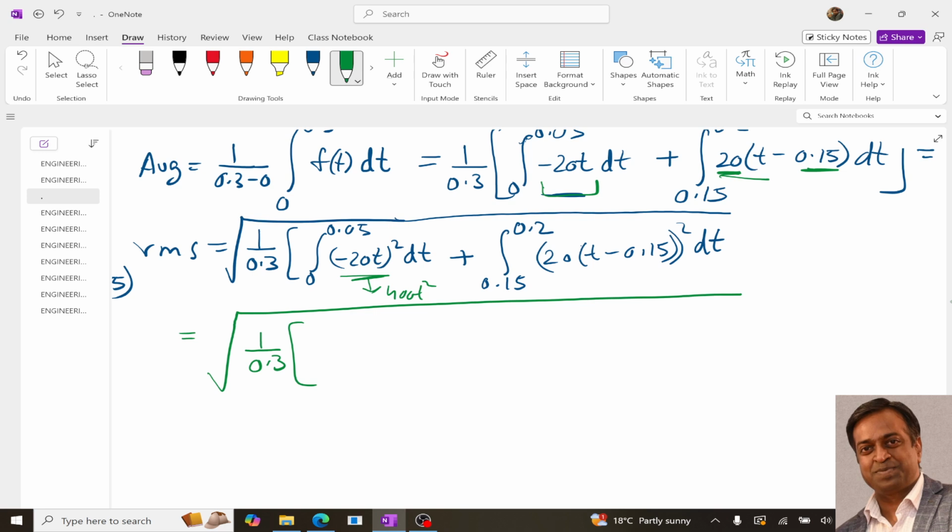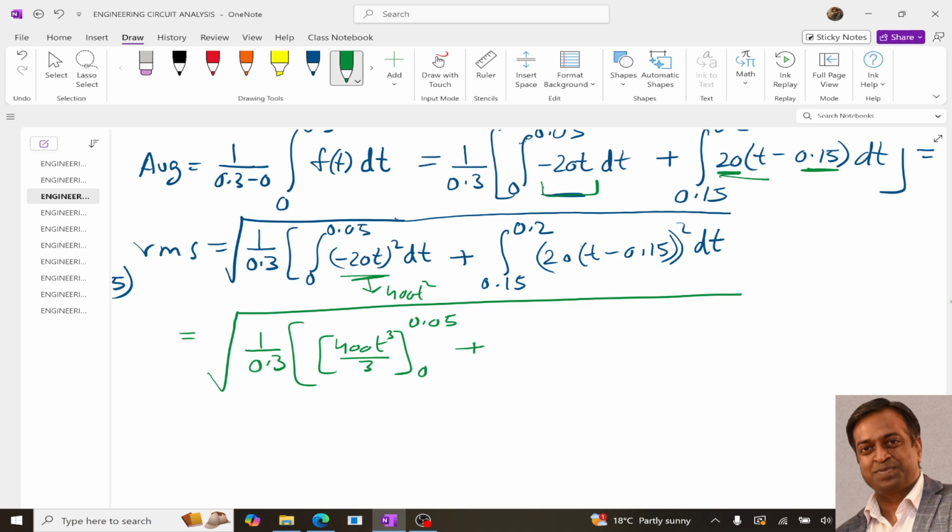So its integration will be 400 t cube by 3, and the limits are 0 to 0.05, plus